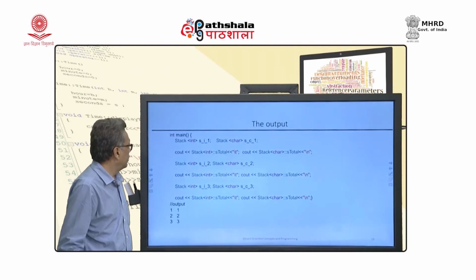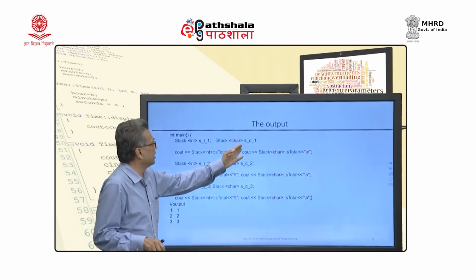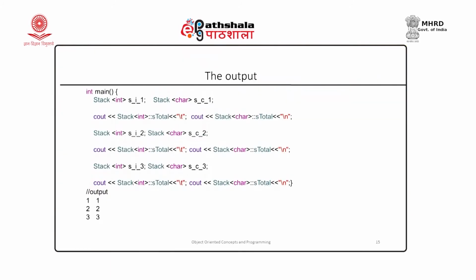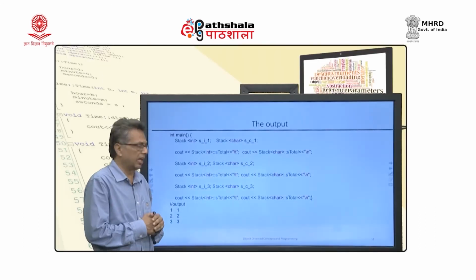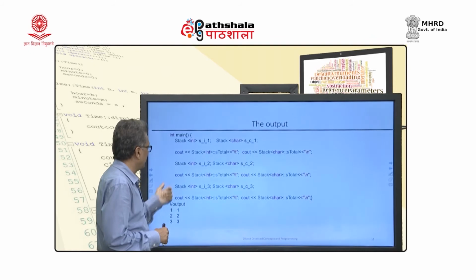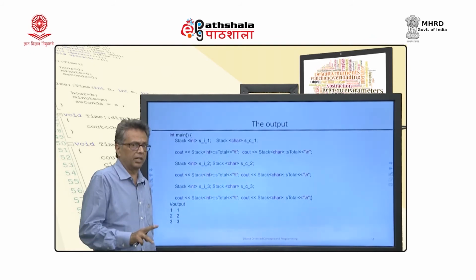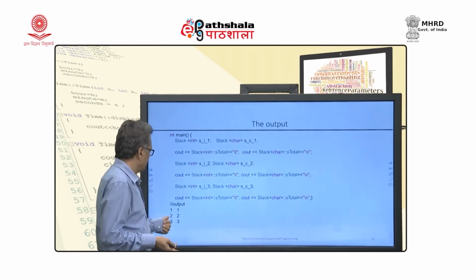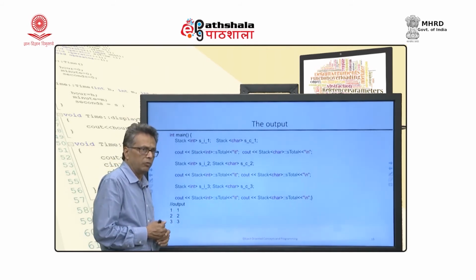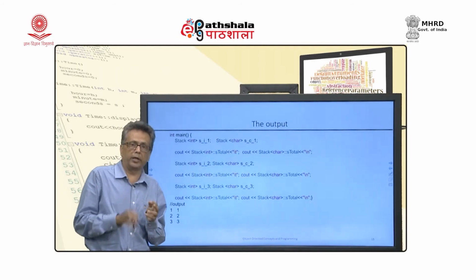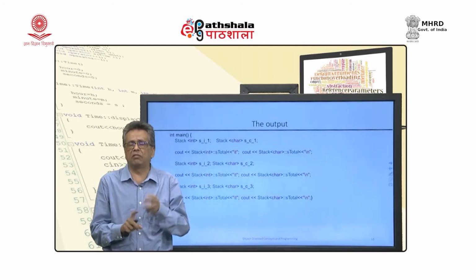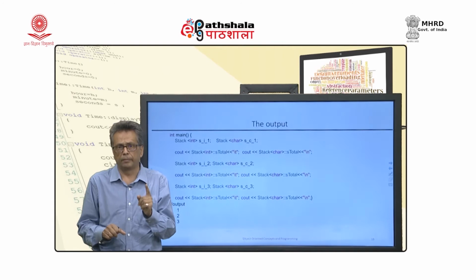Okay. Now, I am defining stack int, stack char, and then I am writing as total of both of them and doing it. So, when I define one element of each of the classes, the output is 1 1. When I am defining a second element of the same class, the S total value is incremented by 1. What is the point? The point is that every class will have a copy of static variable, and that is